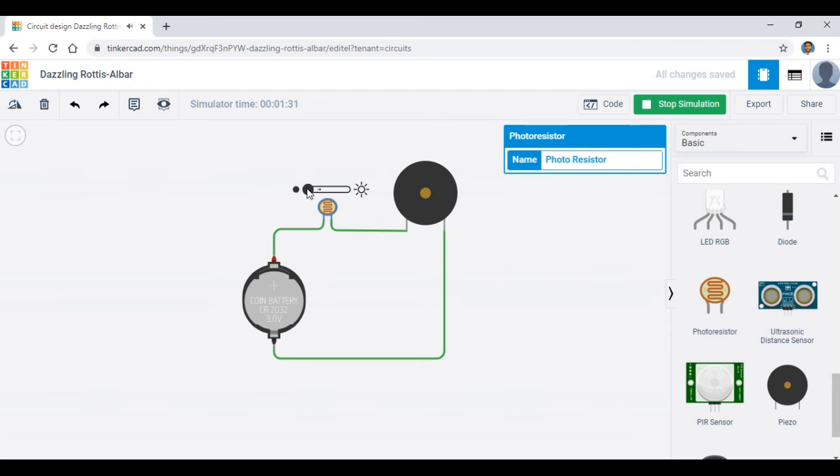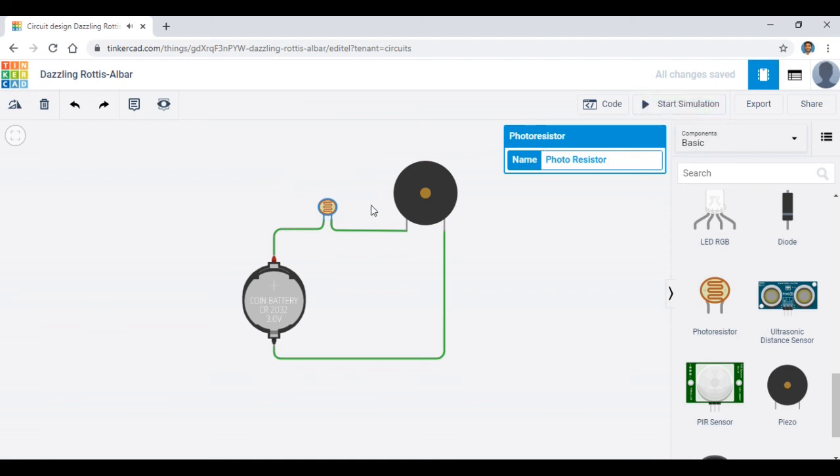Just observe, when it is dark the buzzer is not buzzing. Medium, high. Okay, so I'm going to stop the simulation.